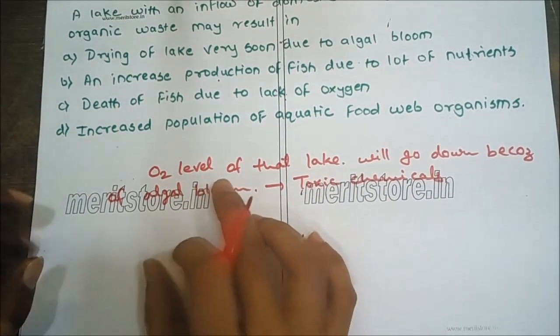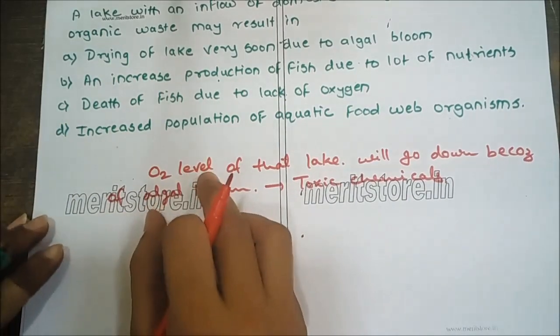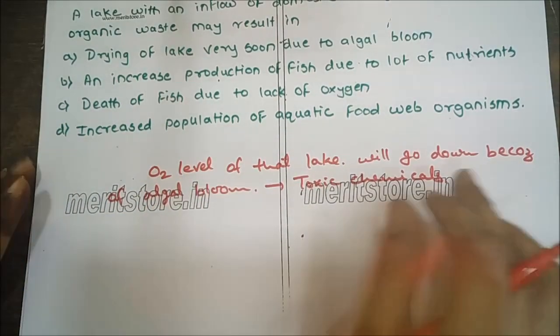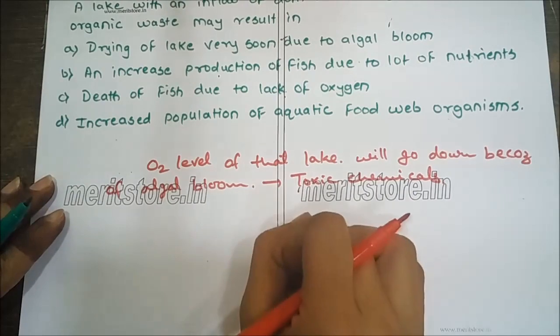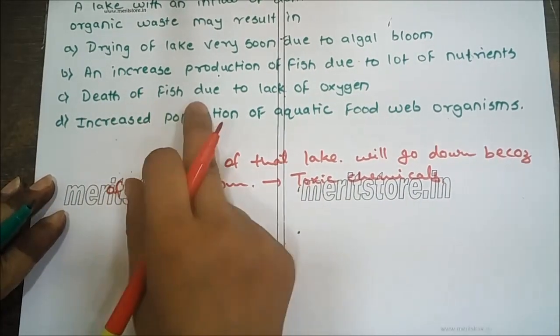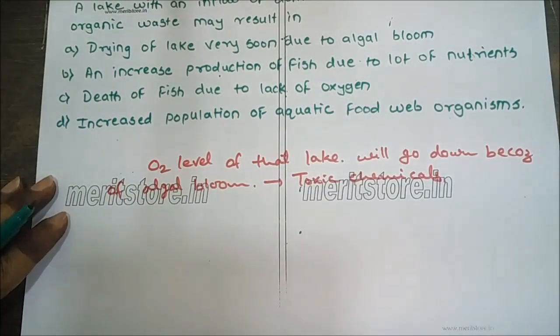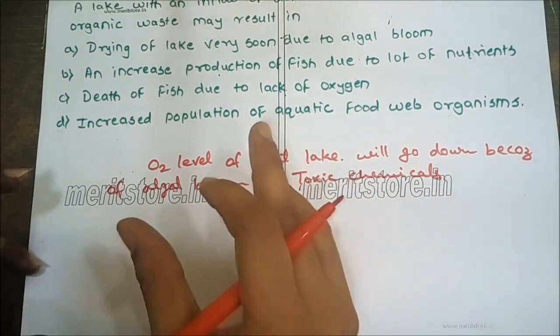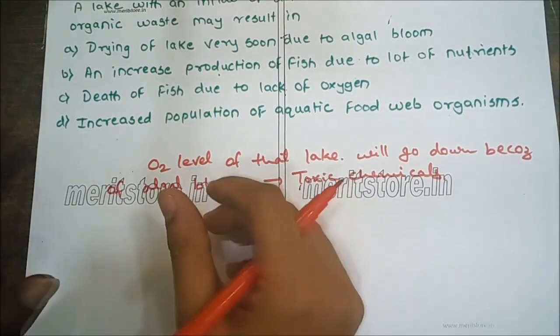Due to the decrease in oxygen level, the fish cannot survive in lack of oxygen. So our answer will be death of fish due to lack of oxygen, because algae will produce more